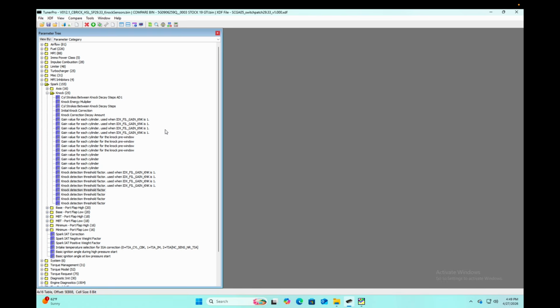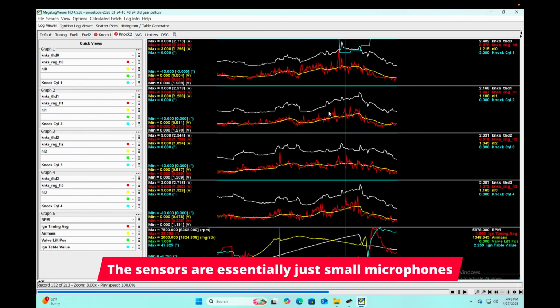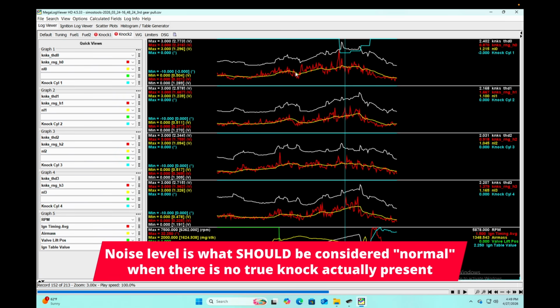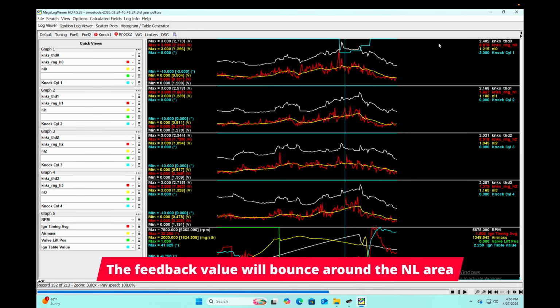Alright, so the first thing we're going to talk about is the fact that the knock sensors themselves, while they detect different amounts, they don't themselves determine the amount of knock. The computer, the ECU, is what interprets a lot of these values. There is a base noise level, which is essentially where the knock sensor is calibrated to be listening in, like a range essentially. And then there is the actual knock sensor feedback, which is this red line, this knocks range